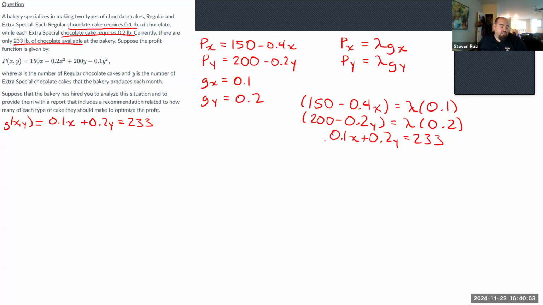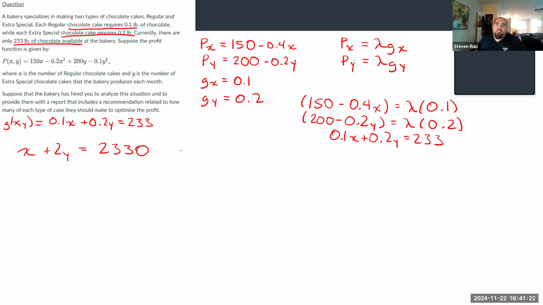So if we never find a value of lambda, it's totally fine. In fact, we don't always find a value of lambda, and we usually don't, and that's usually fine. So let's go ahead and start solving this. First thing I'm going to do with the bottom equation here, I'm going to multiply everything by 10 because that is going to help me clear out the decimals. So that gives me x plus 2y equals